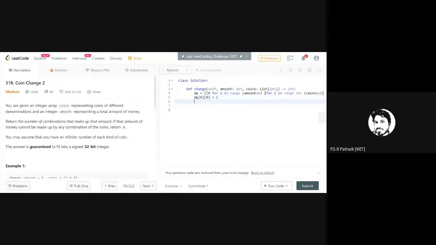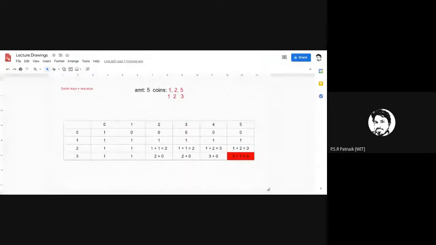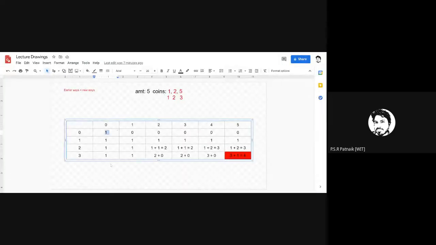So I have set this value, and the subsequent things I'll set in a loop. So this will be 1, and the rest will be 0 by default. I hope you know that in Python the default value of a list, if it's an integer, is always 0.